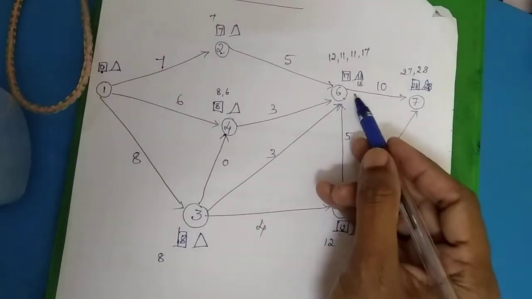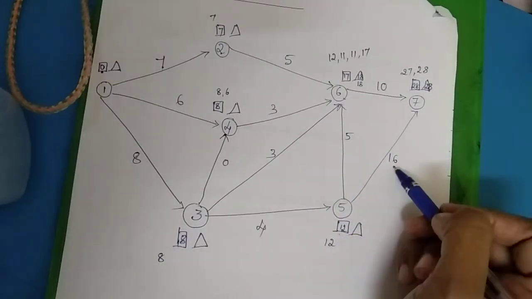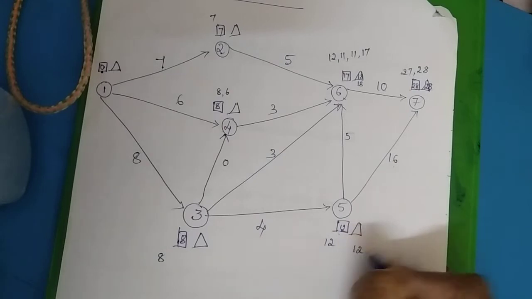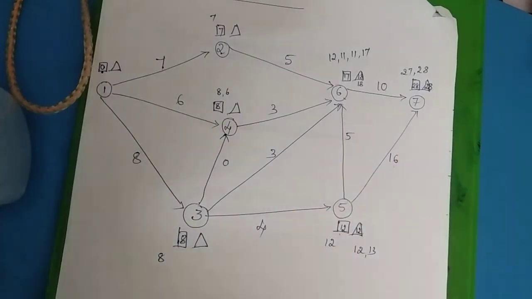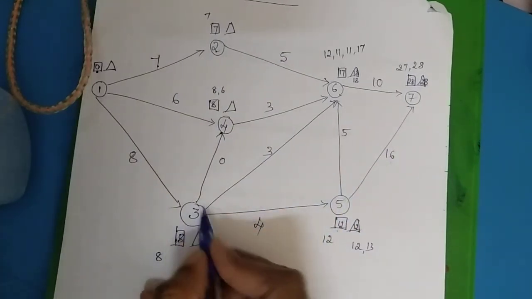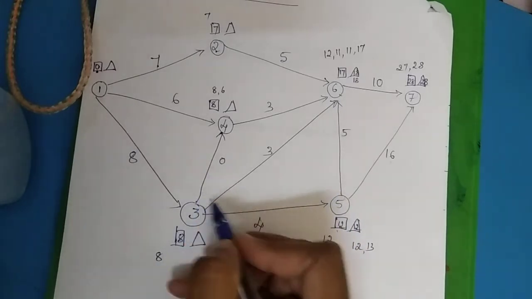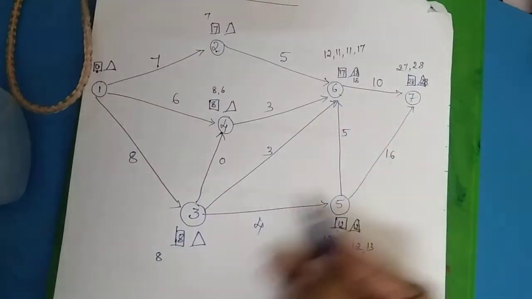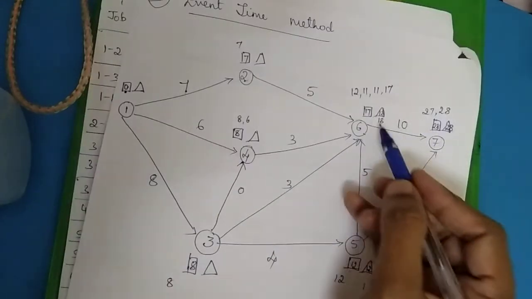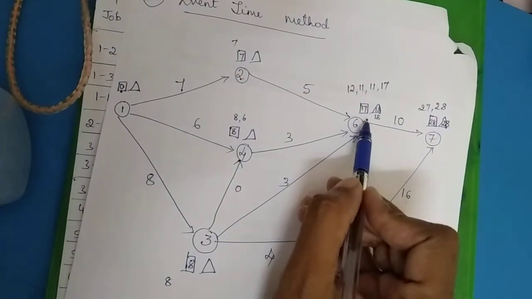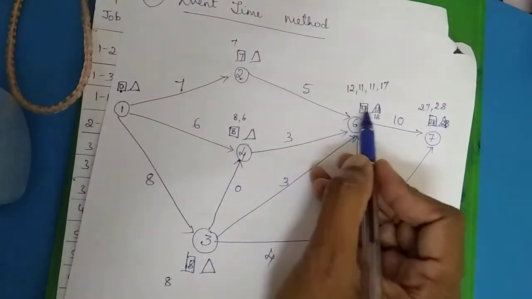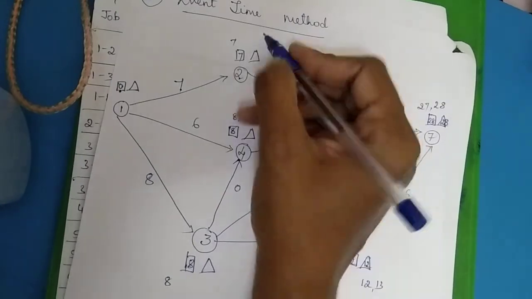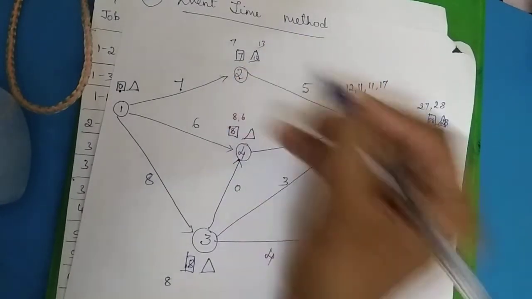After having worked this out, we can come here. So 28 minus 16 is 12, and 18 minus 5 is 13. If you compare these two, the smallest value is 12. I am making a note here. If you observe here, there are three activities which have three burst events, so I have to complete this and come here. So 18 minus 5 is 13. That is the only value, so I'm making a note here.